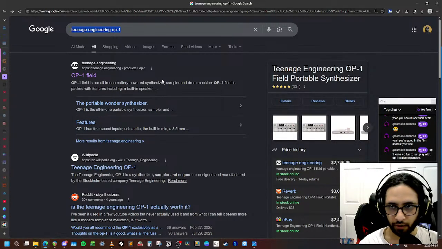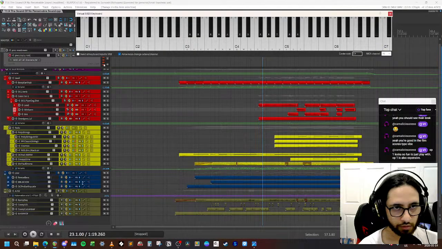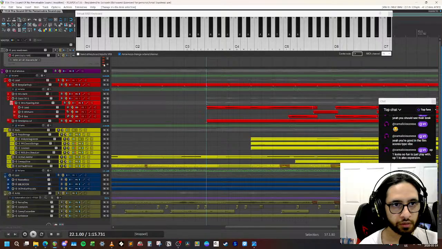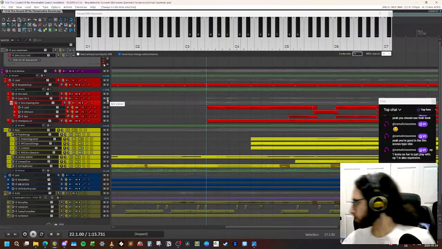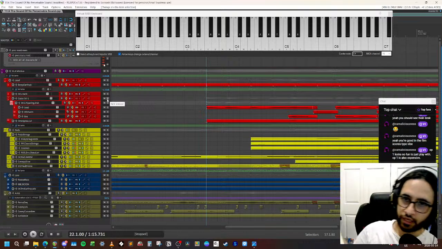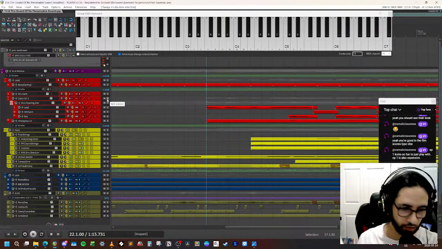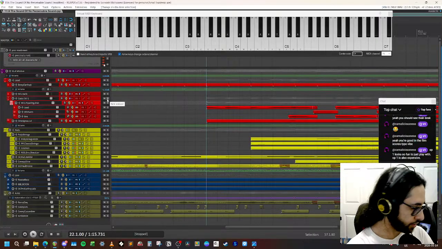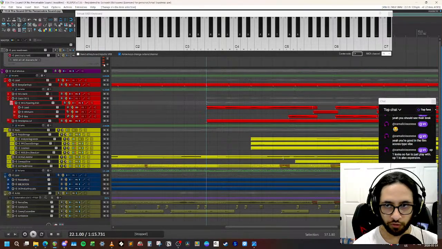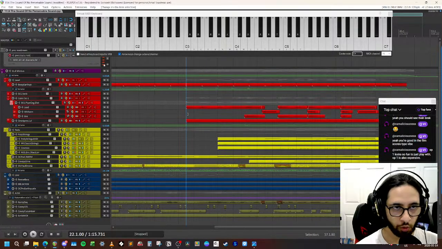Actually, since you asked about hardware, there is a hardware keyboard that I used on this song. I'll just show you this since you asked. So this is an old Casio keyboard, Casio SK1 if you're interested. It's got a bunch of really cheesy lo-fi sounds, and it can also sample sounds, but it's a very old school sampler.